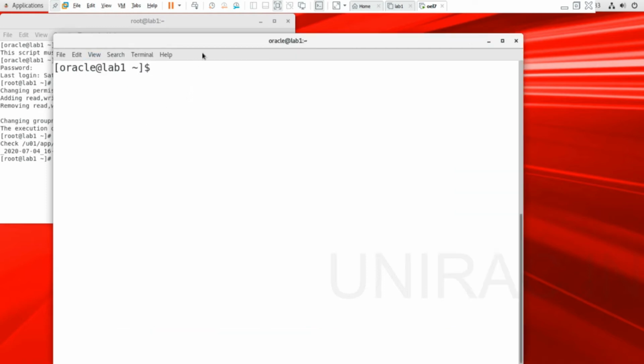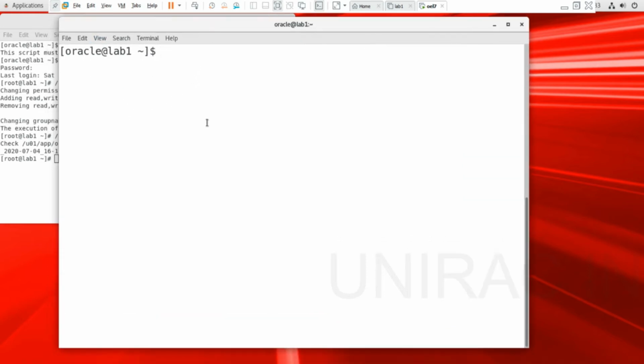Now we are ready to go for installing, creating, and configuring the database with the name prod. You're going to create it with the name prod, and the instance name as prod. We are using the data file location /oradata and the binary location /u01.